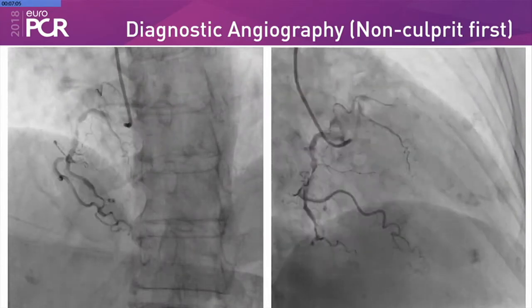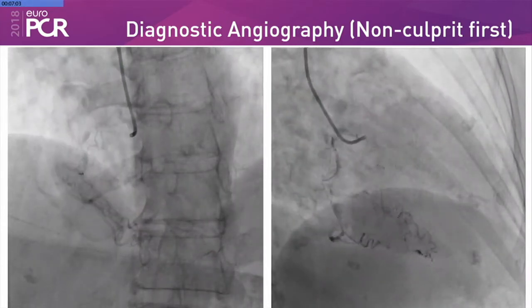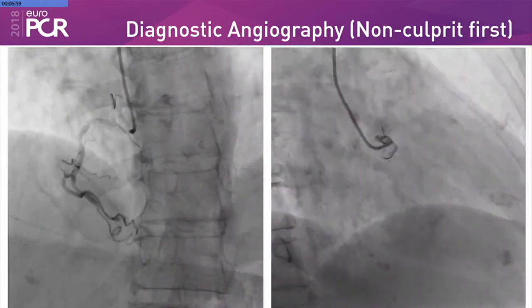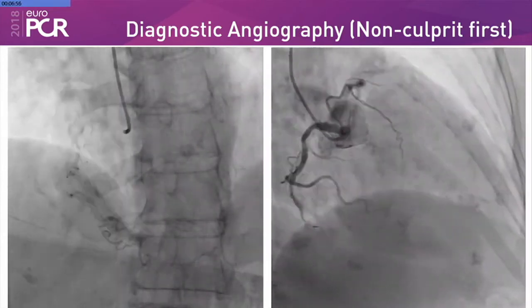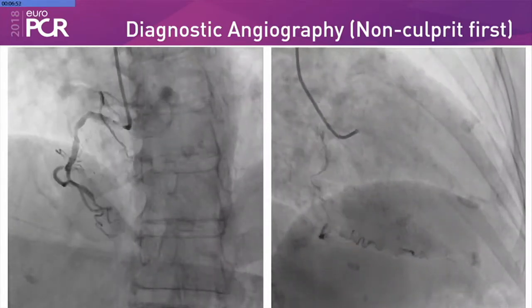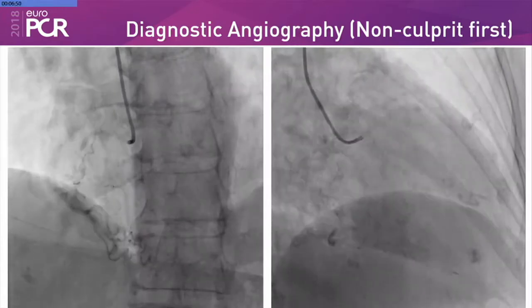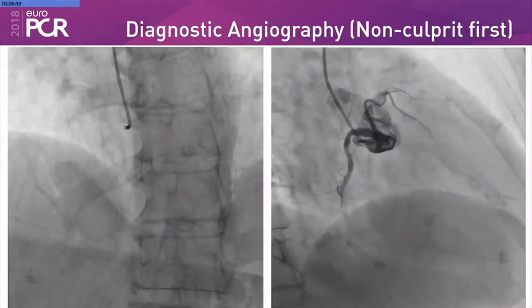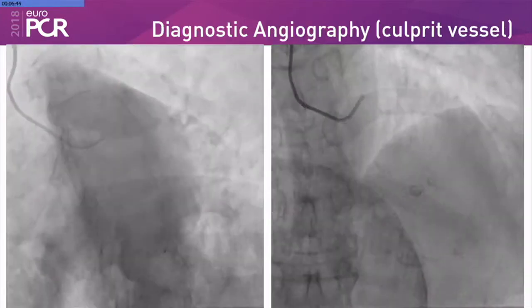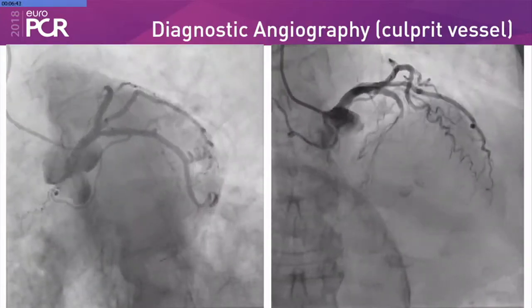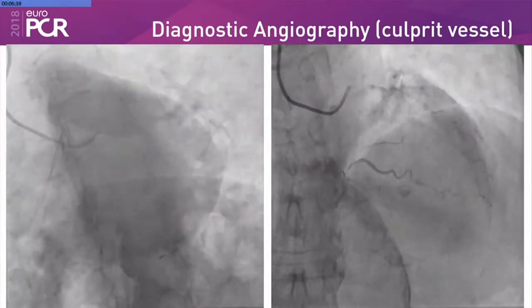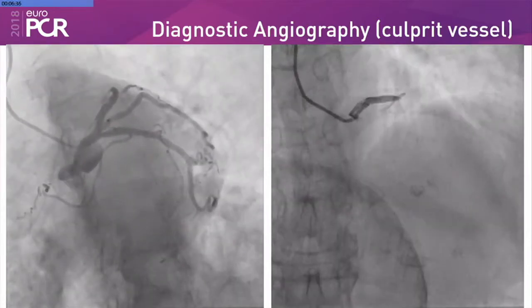The diagnostic angiogram was first to go for the lesion that was on the electrocardiogram, not a culprit lesion. But as you can see, here in the right coronary artery, you can see a total occlusion that also has a big lesion in the vertical segment. So they proceeded to do the angiogram on the left, and you can see the occlusion of the proximal LAD,